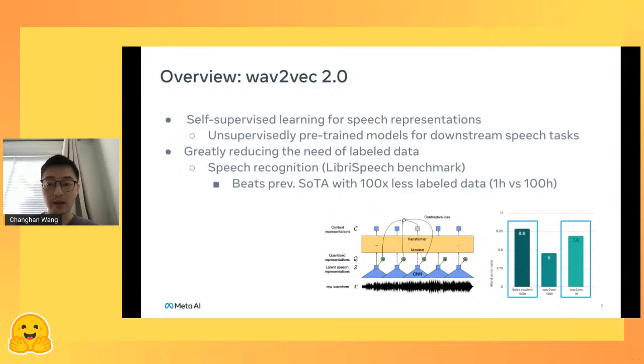So overall, XLSR is a Wave2Vec 2.0 model. So let me first give you a quick introduction on Wave2Vec 2.0. Basically, Wave2Vec 2.0 is a self-supervised model for learning speech representations. This learning process requires only unlabeled speech audio data, which is much easier and cheaper to get compared to labeled data. And it provides pre-trained models for many downstream speech tasks, like speech recognition, speech translation, speaker identification, language